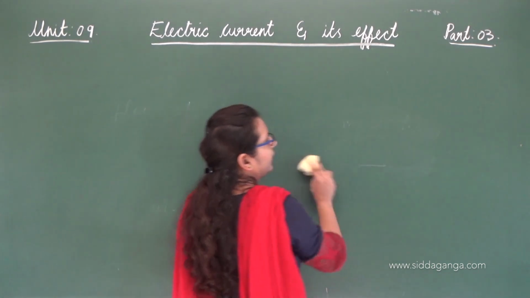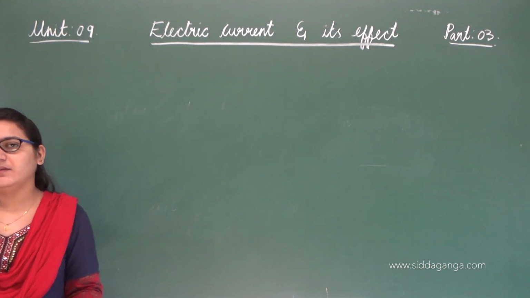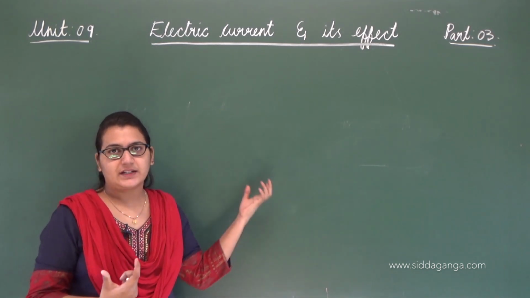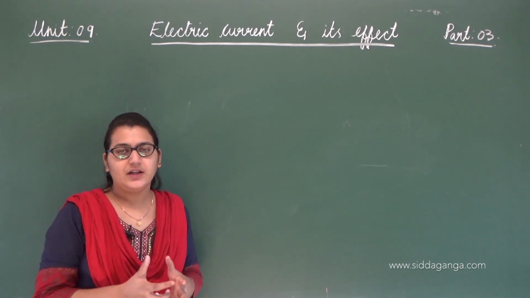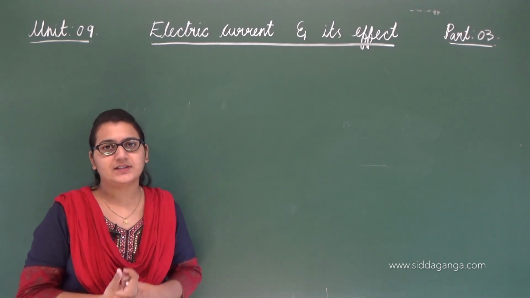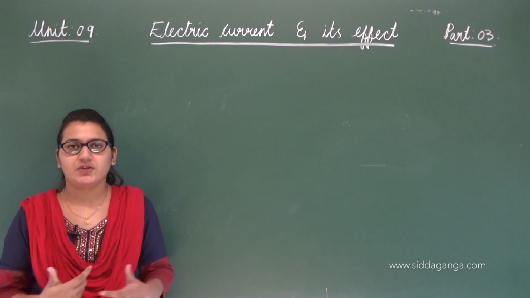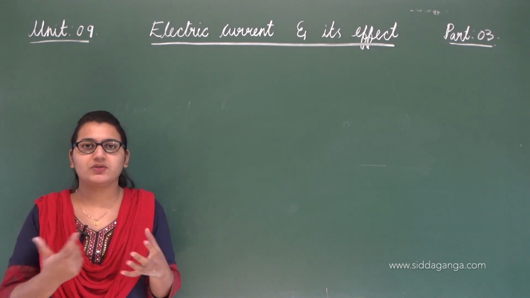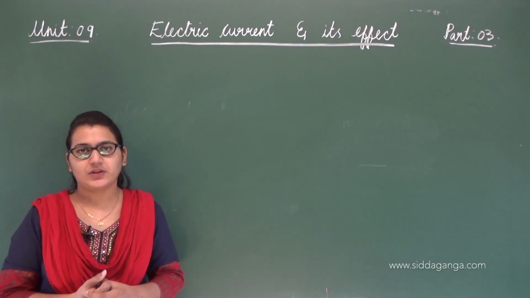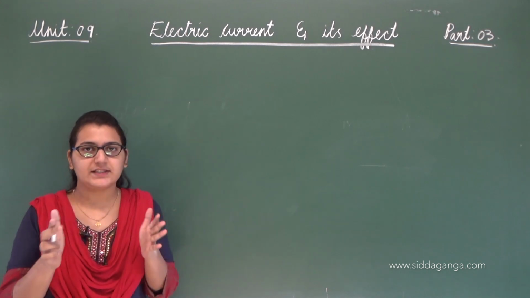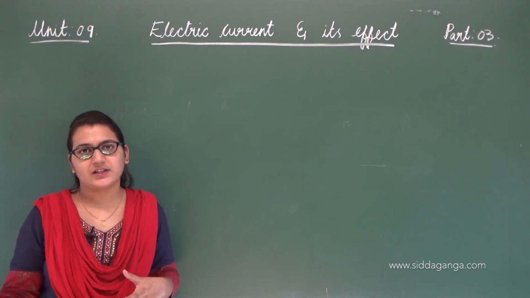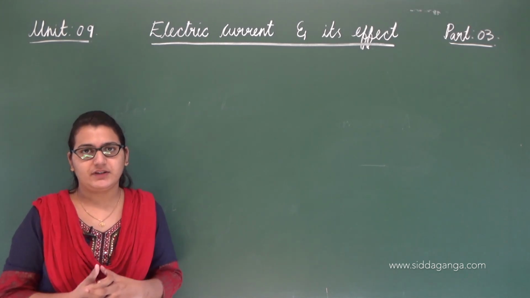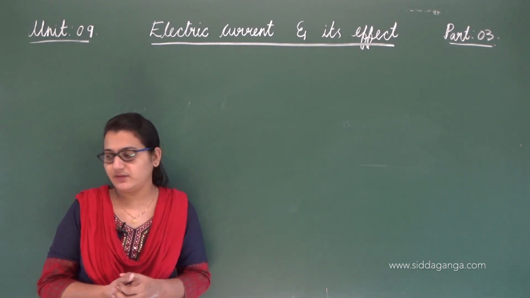And we have various symbols used, right? We cannot just draw a full bulb with the full switches, batteries, cells and everything. To make it simpler, we use simple symbols in a circuit diagram. And we have seen what symbols we use for a cell, for a battery and for wires. So we make use of these symbols and connect a circuit. Switching on a bulb is a very simple circuit diagram, but every time it's not the case. We'll have more complex ones, so we use these symbols for convenience. So that's all we have learned.